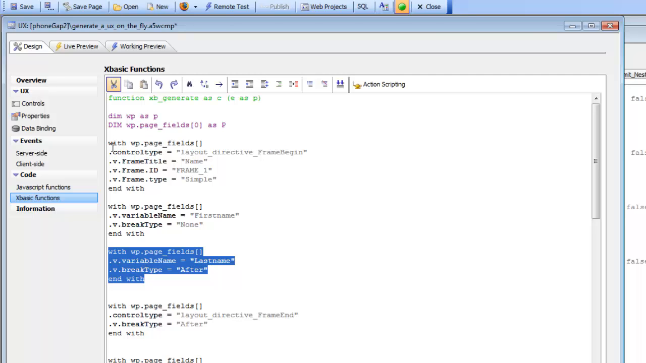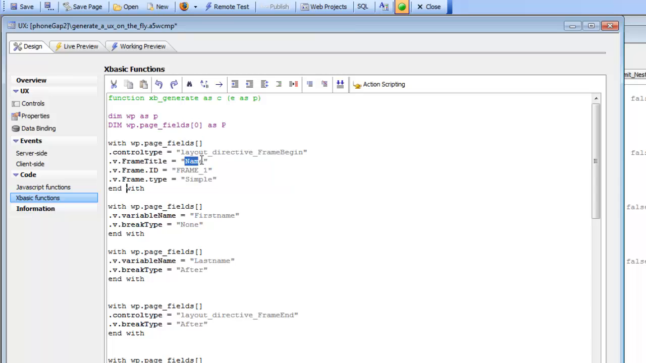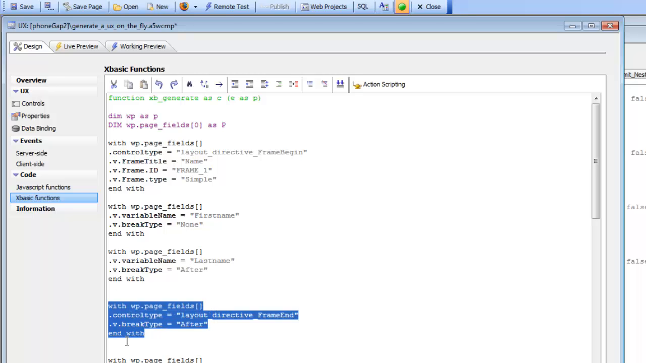So you can see here we started out and we've created a frame control, and we've set the frame title to name. Then we've created an input control, and since we didn't specify the control type, it defaulted to text box, and the variable name is first name, and we said no break after it. Then we've got last name, and we've got a break after it, and then we've got the frame end with